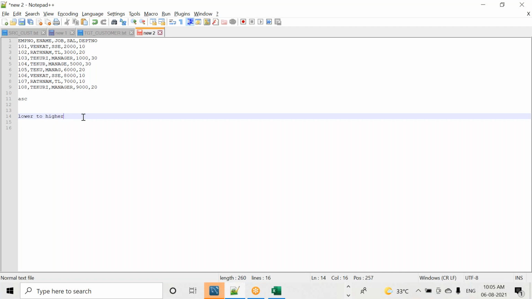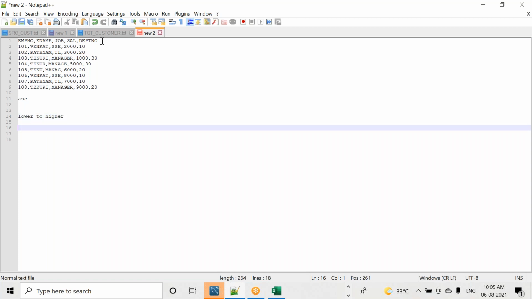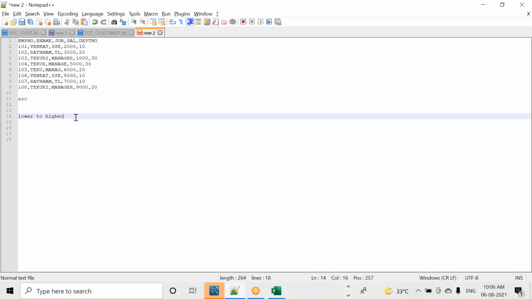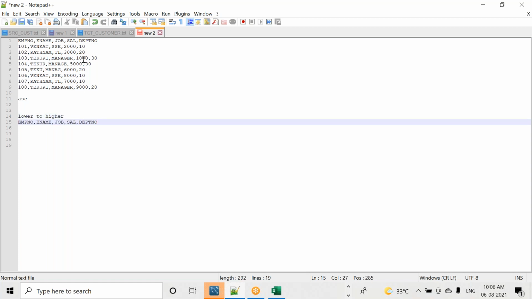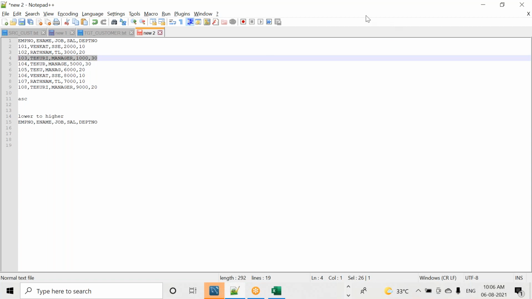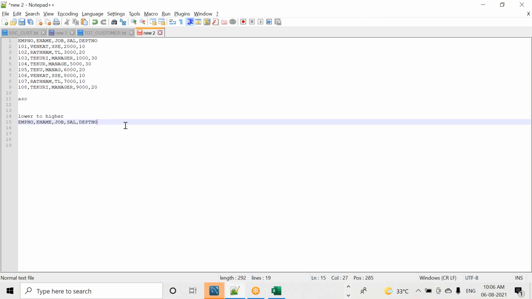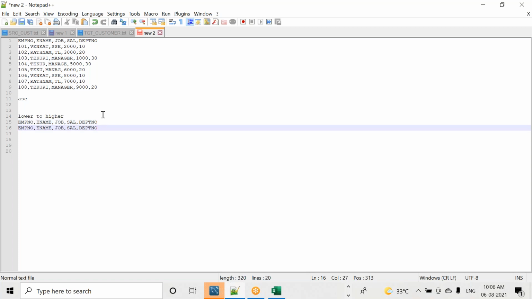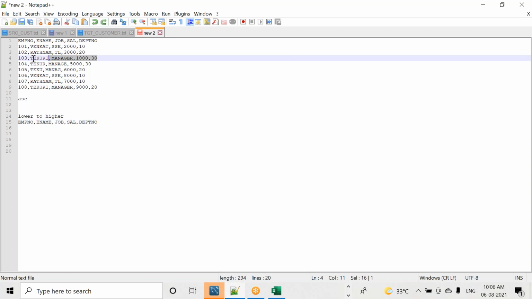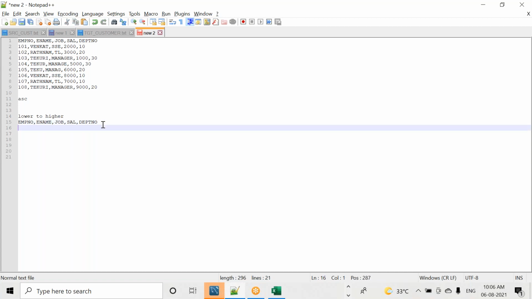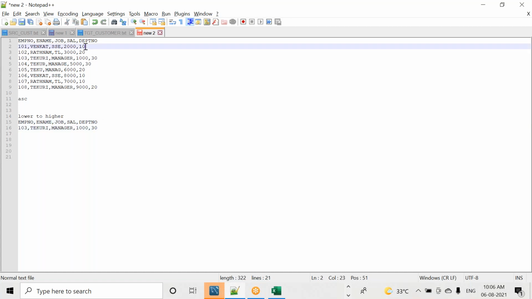Lower to higher. So which record will come first? 2000, 101. There is 2000, and there is a 1000 also, right? 1000, 103. Mohan, you can go ahead. The 1000 record comes first. The next value is 2000.